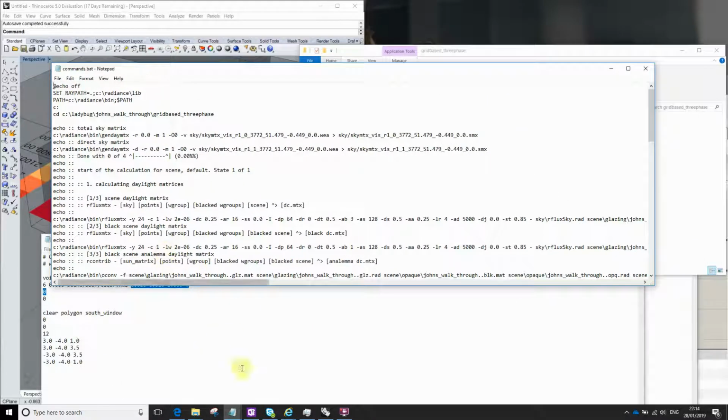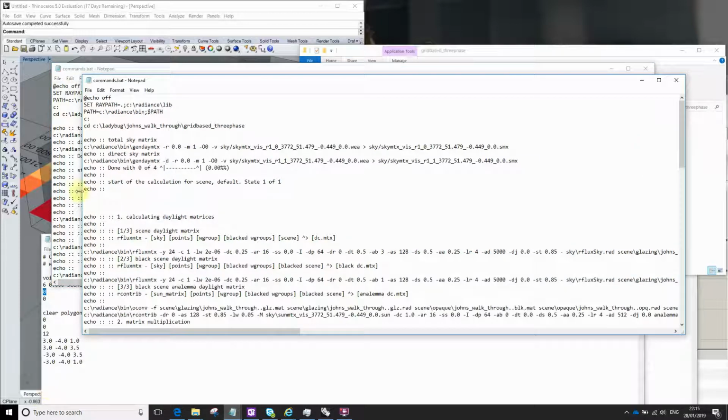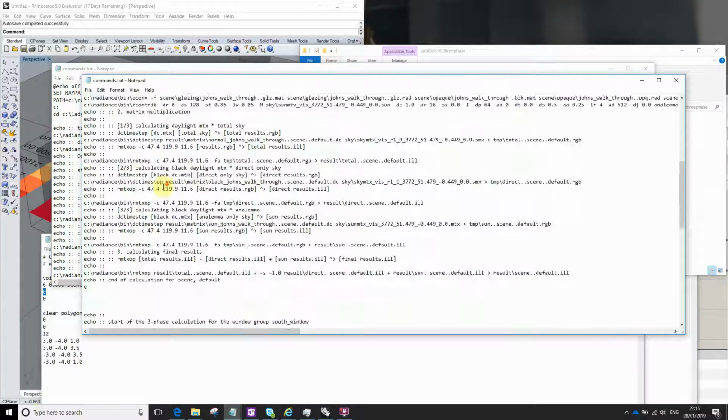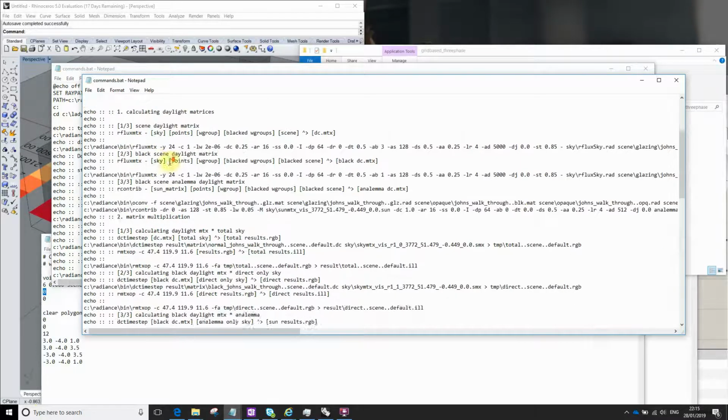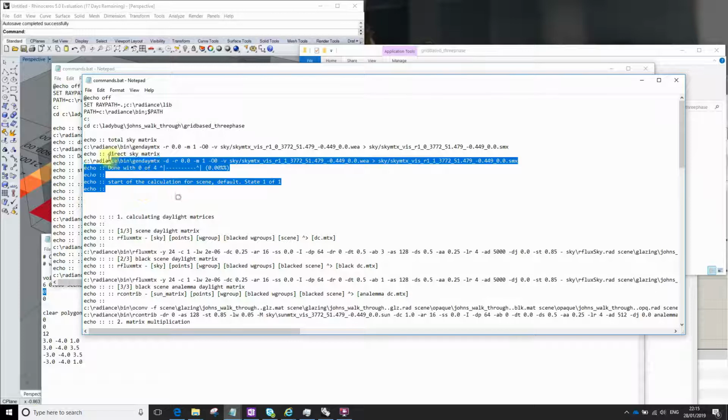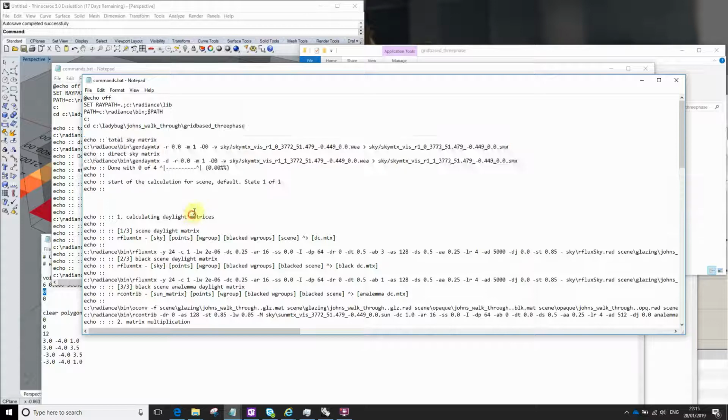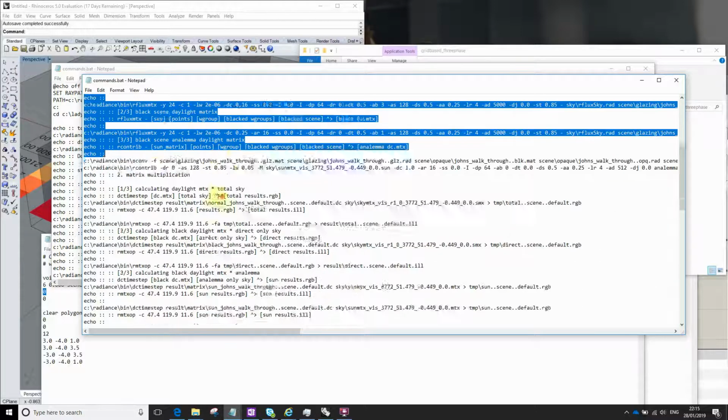Have I still got the original version? Because I separated that, didn't I? Yeah, there you go. So what I was showing you here is that a batch file is a set of instructions telling the computer what to do, and here it's making the sky matrix. It's making the sky dome and saying the quantities of light at different times of the day over the year. Then it's doing the two phase